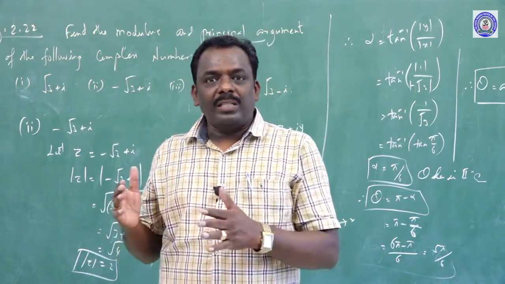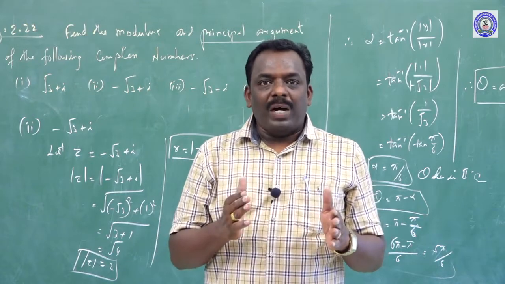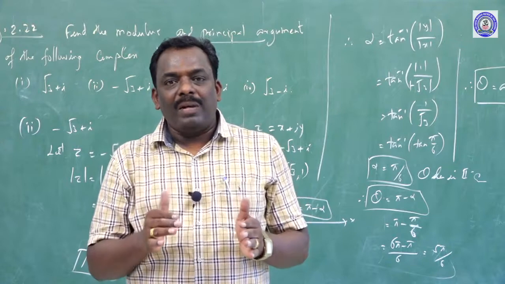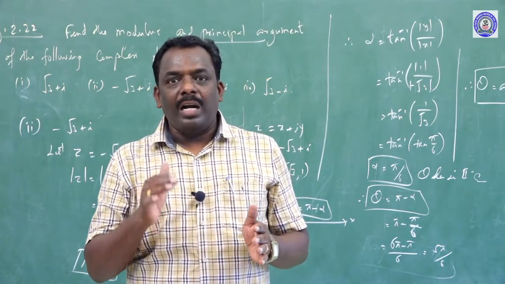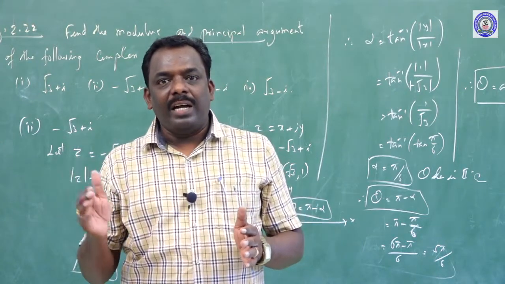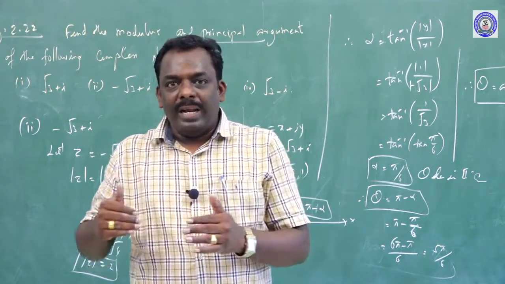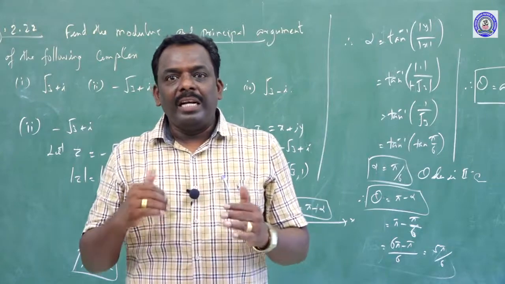And next we introduced the polar form. The complex number in the rectangular form is defined by z equal to x plus iy. The polar form of a complex number is defined by z equal to r into cos theta plus i sin theta, which is called the polar form. And a few sums were discussed today. Some more examples remain, and the details will be discussed tomorrow.